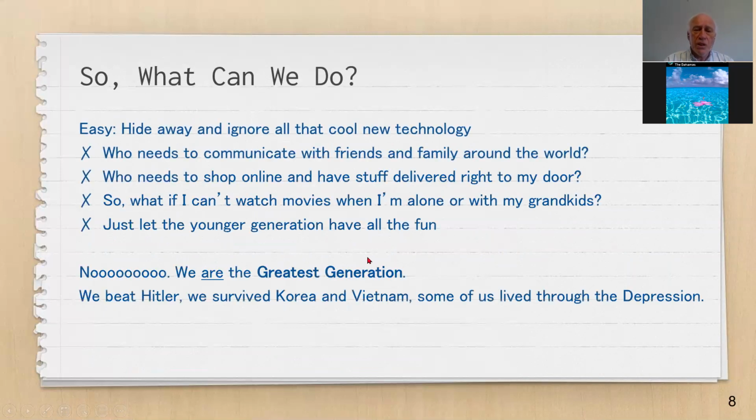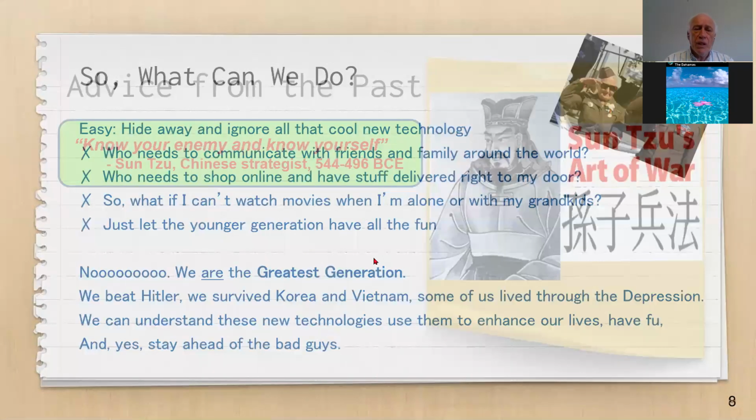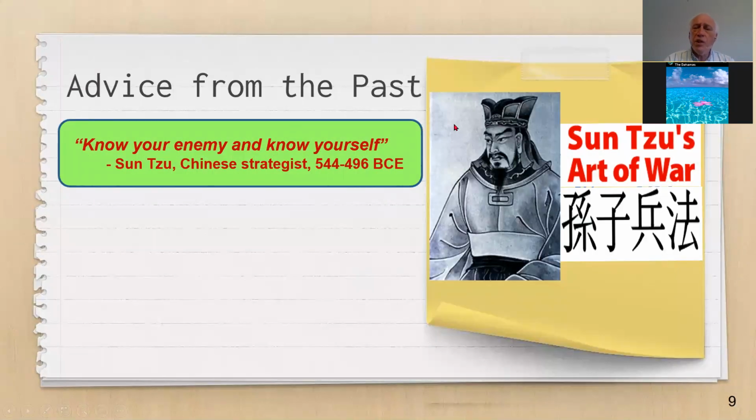Right. So let's just skip ahead here a little bit. So a quote here from this famous general, you see him on the right, Sun Tzu, and he wrote this famous book called The Art of War. He was a general in China in the 500 BC era, and he wrote this book teaching generals how to fight the war. We don't really care about how to fight wars, but this is a kind of war, and I say the advice he gave was know your enemy and know yourself. So in order to protect yourself, you've got to know what your enemy is going to do, and a little bit about yourself.